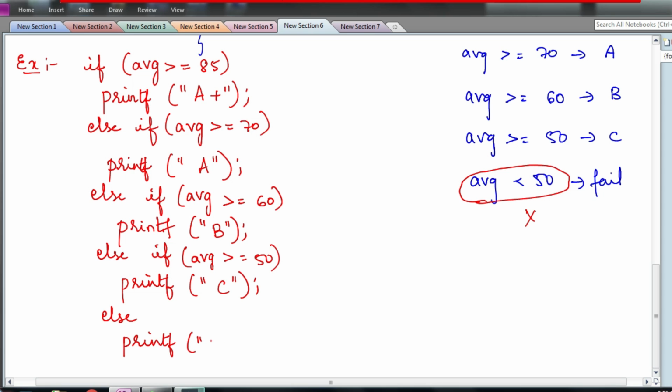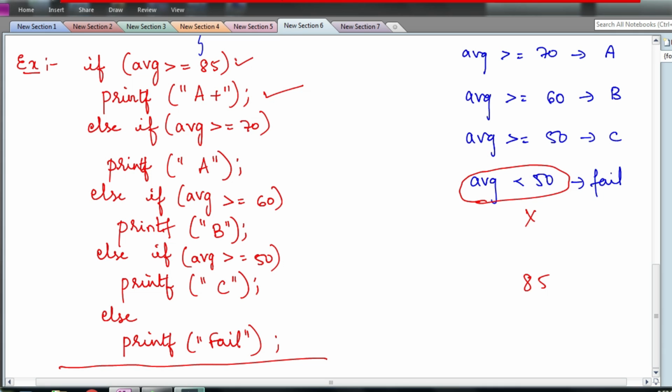Okay, so here only one of these will be executed. If you observe, any marks that are greater than 85 are also greater than 70 and 60. So you have to understand, once a condition becomes true, further conditions will not even be checked. If this condition is true, then the compiler will execute this instruction and directly go to any instruction that is present after this final else. The compiler will not even check whether the other conditions are true or false, however many else if are present. The compiler will not even bother.